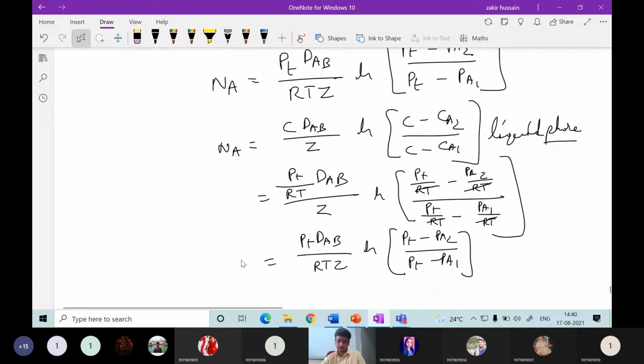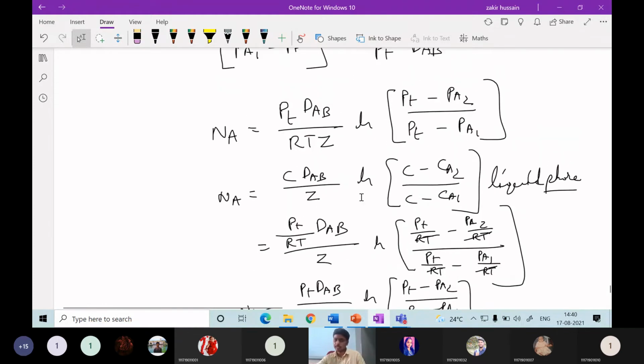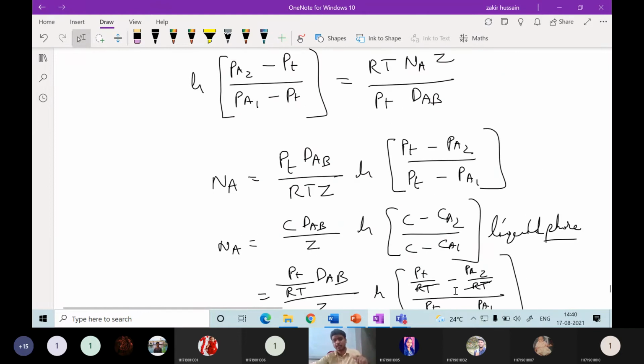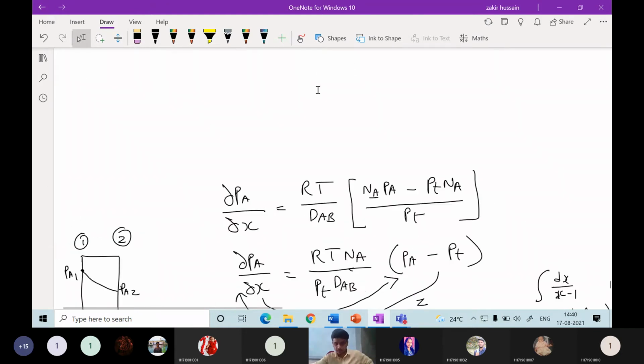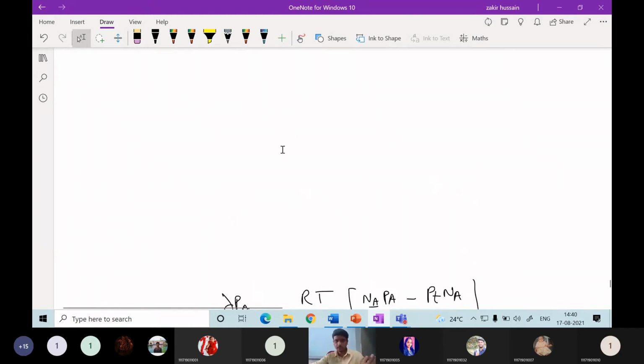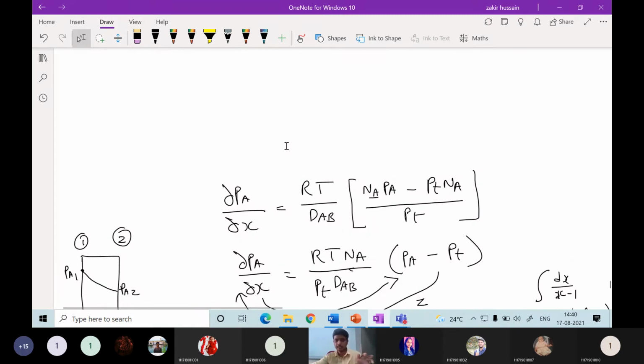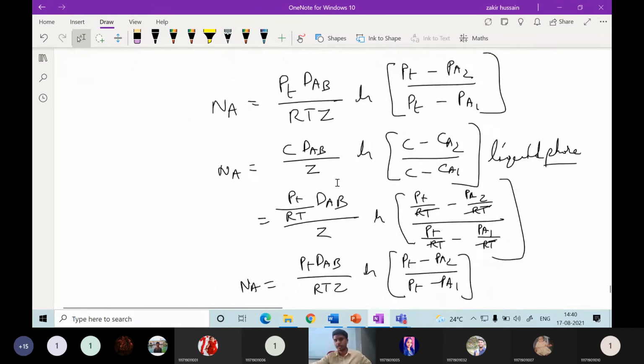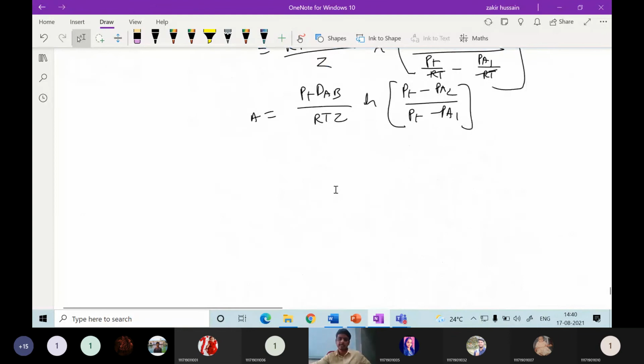But you can remember it like this: from this formula you can directly calculate like this. But in the examination they are asking us to derive. Whenever they are asking us to derive, we have to follow this procedure. Whatever has been done in this class, you have to derive entirely like this. Okay, is that clear?